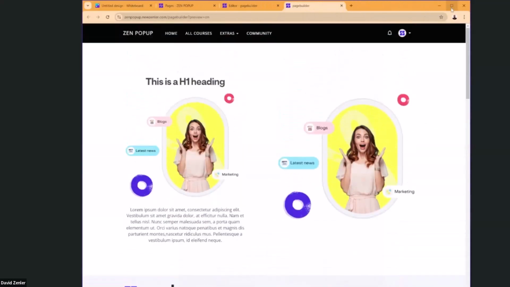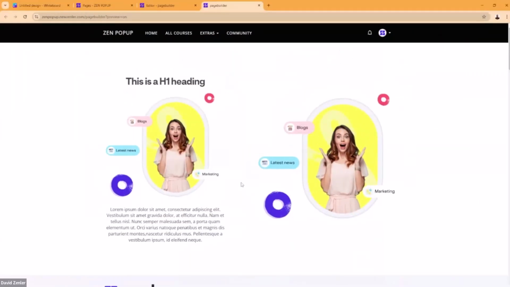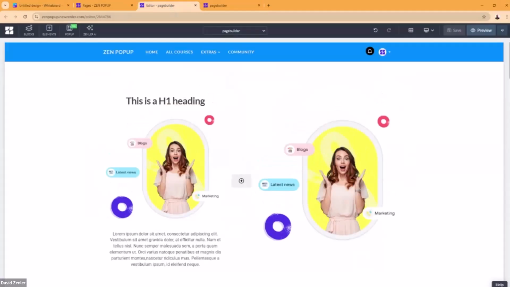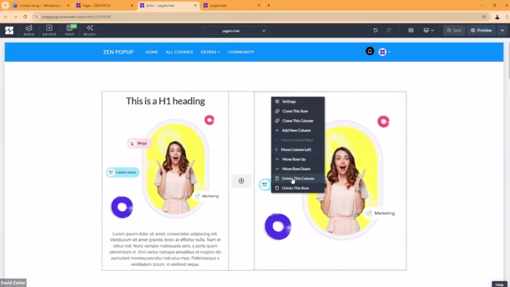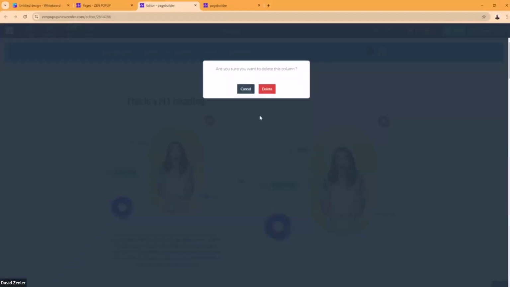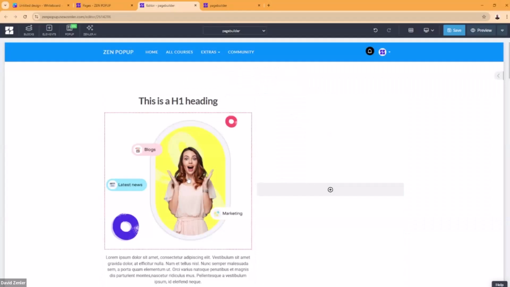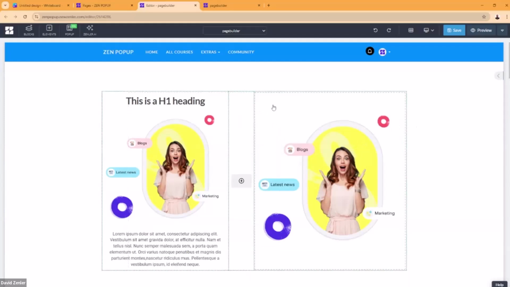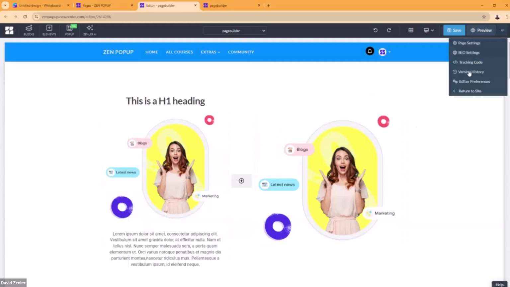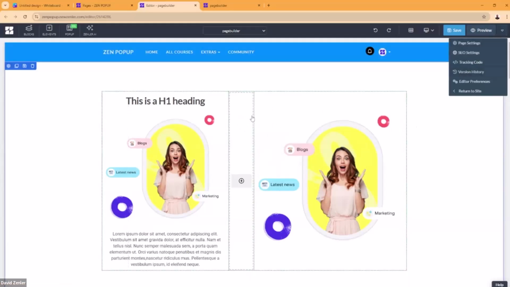So hopefully that will have cleared up a lot of your problems that you've had with the way that it's behaving responsively for you. Now remember also, if you click inside a column and you go delete column, then it will delete that whole unit out. So be careful. You can always do the Control Z. If you hold the Control key and press Z, then it will undo the last command, okay? So that's a good way to get out. And you've also got version history up here that you can click back if you've saved it and you've exited out. So you've got that way of going back.